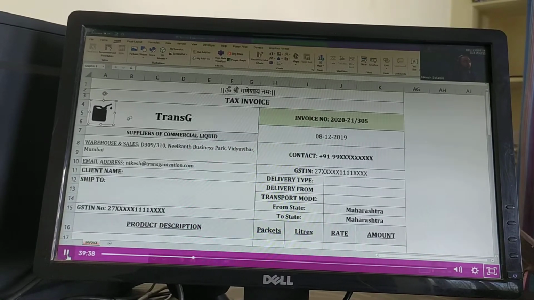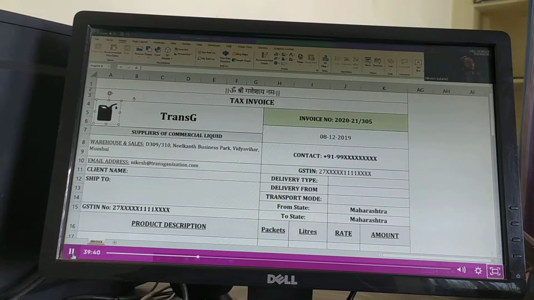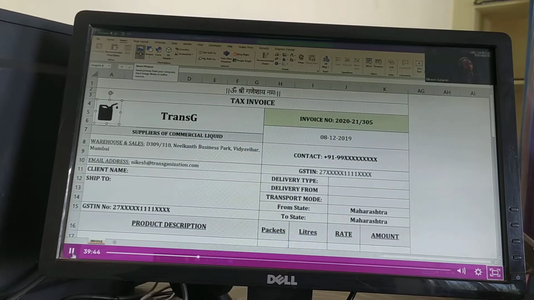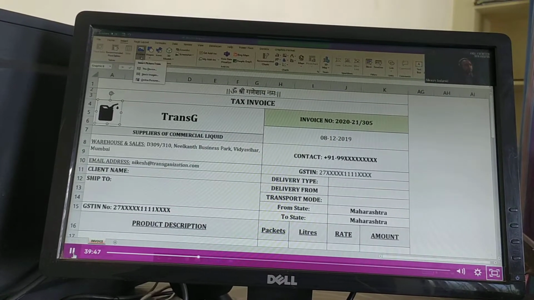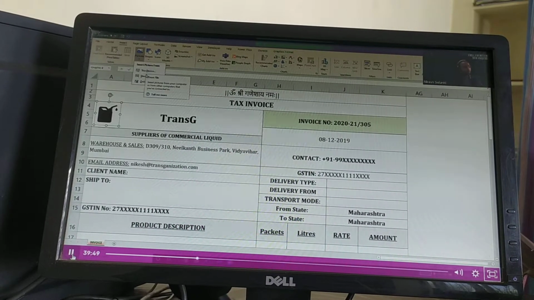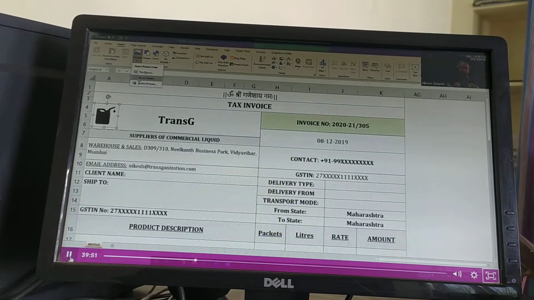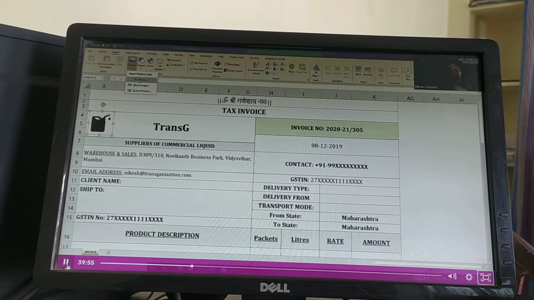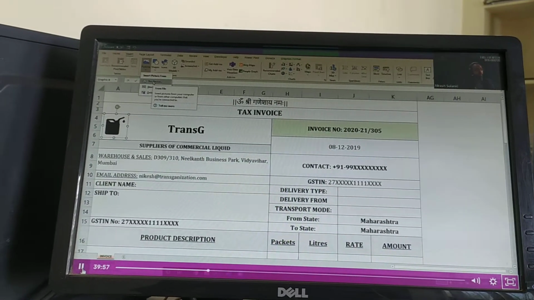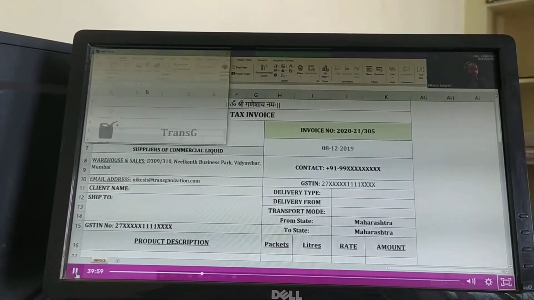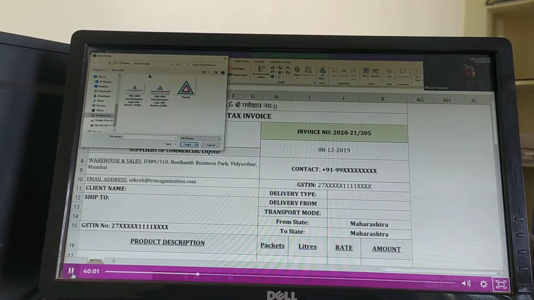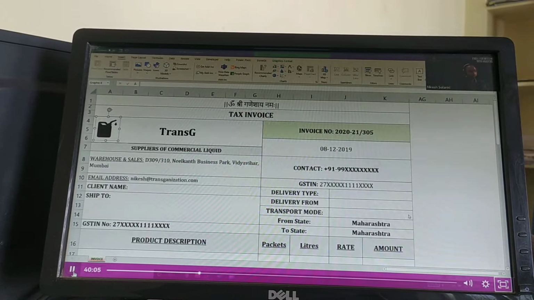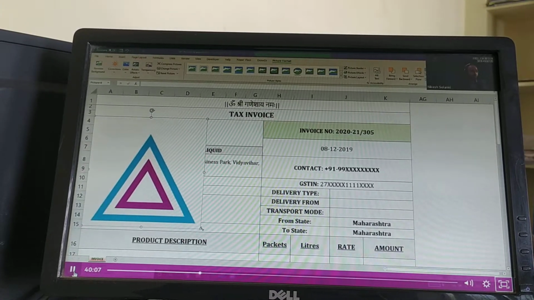To show you how to put a logo or any image, there is a simple option here in Insert. You can go to Insert on the top, and there is an option of Pictures. If you click on Pictures, it will ask you if you want a stock image or a device. Stock images are internal images of Excel. But if you want to take it from your device, you can select This Device, and the system will ask you which image. You can browse your image, and if you want to put the logo, you can obviously put your logo also.